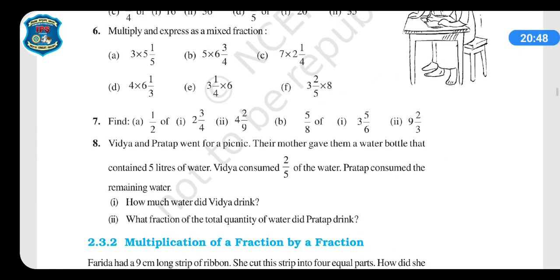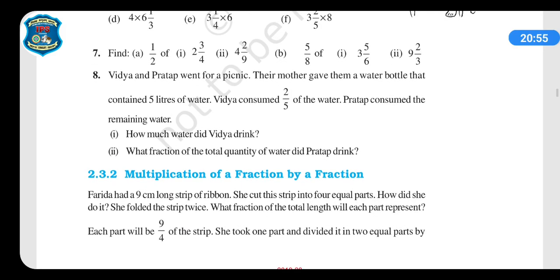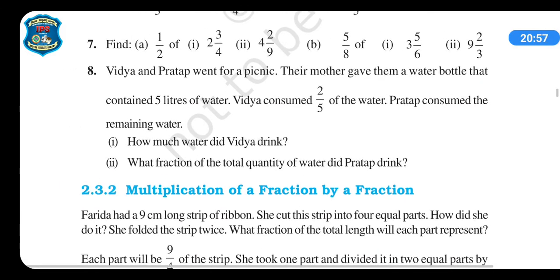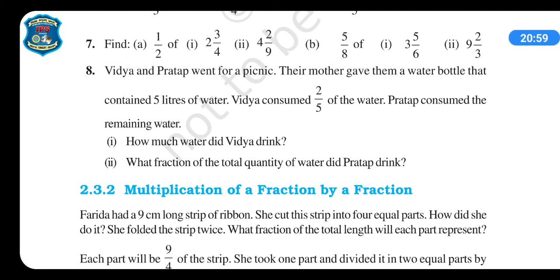This is your question number 6. कर लेंगे. Now let us see 7th part. 7th, there is no difference between 7th and 6th. 6th same वैसा ही question है. See the first one, A part. What is this? 1 upon 2 of. देखिए 1 upon 2 of. This is what? 2 whole.